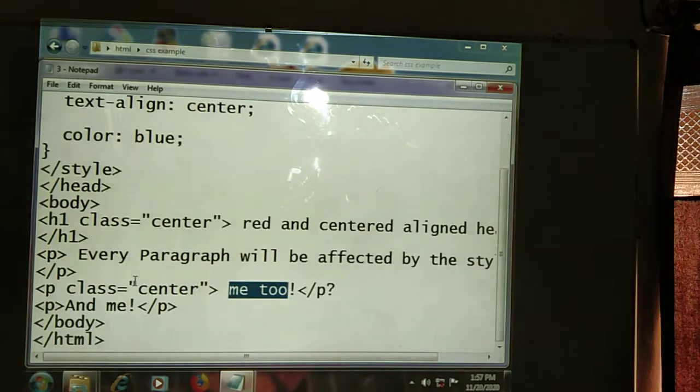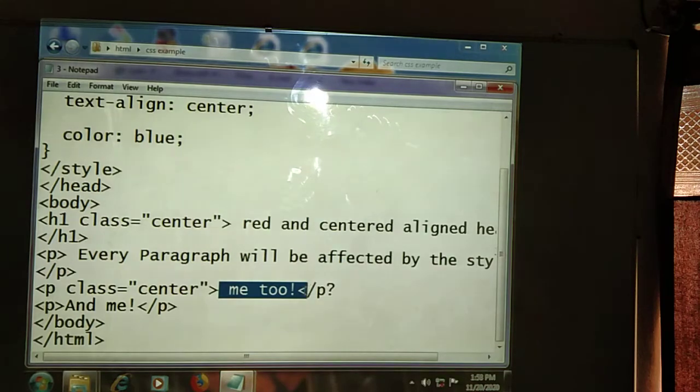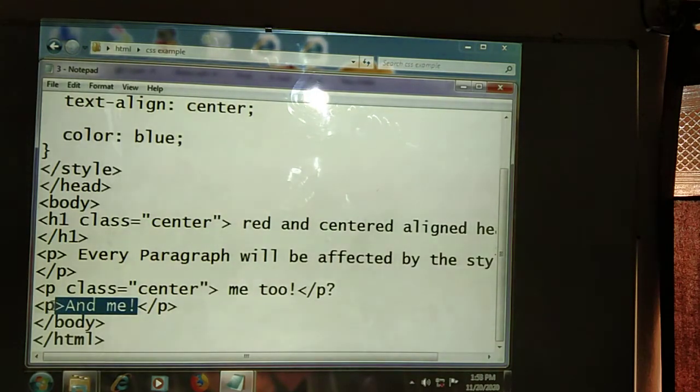Means output should be displayed in which color? First H1 will be in blue color, text and center will be aligned. Next paragraph it should be in black color, it will be left alignment, means here we are not applying any CSS property. Next, second paragraph we are going to be using the class selector, then it should be blue color, it should be displayed and it should be aligned center. Next paragraph we are not going to be using any class selector, means it should be applicable to default colors. We can see the output also.